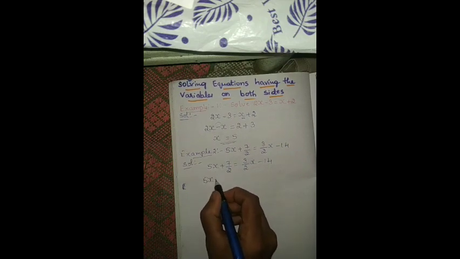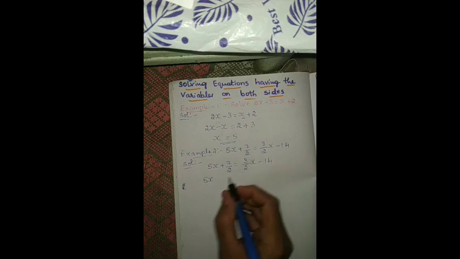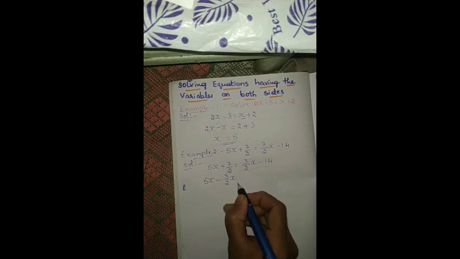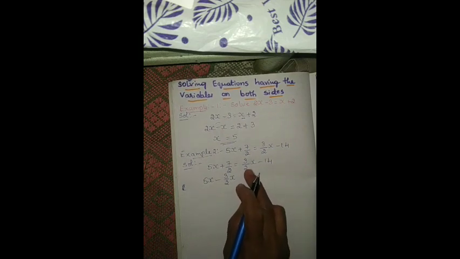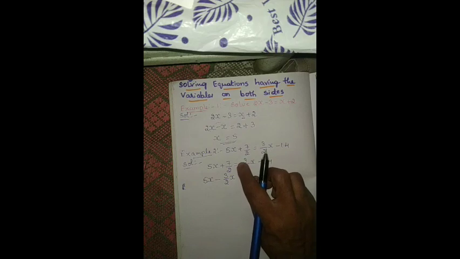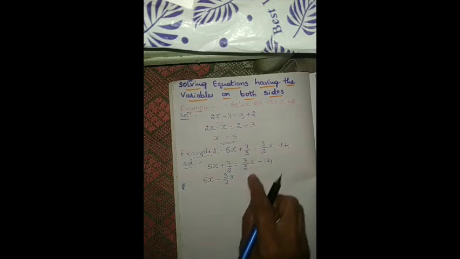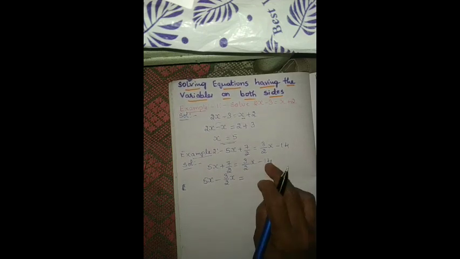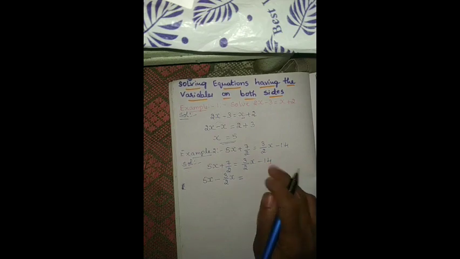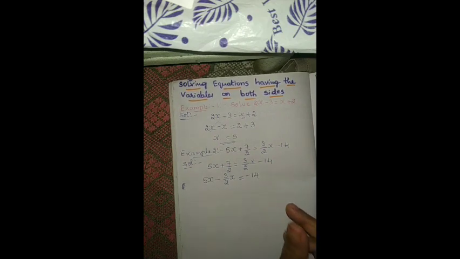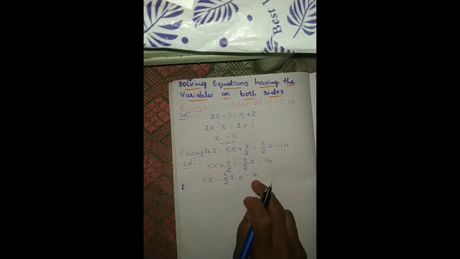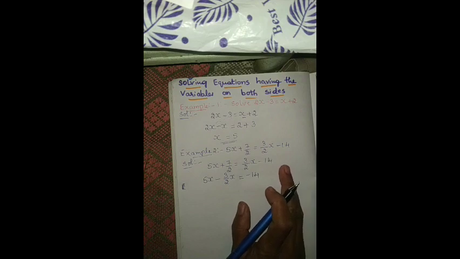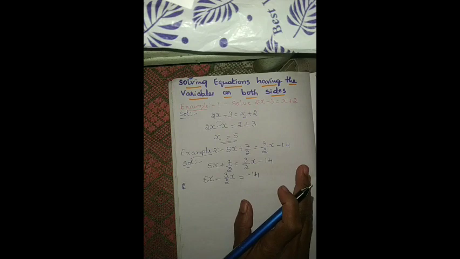5x as it is, I have to write. Here 3 by 2x is there, no? We have to take this to left hand side. So, its sign changes, 3 by 2x. Correct? It was plus 3 by 2x. Please note, children, here its sign is plus, nothing is there means its sign is plus. While bringing to LHS, left hand side, its sign changes: minus 3 by 2x is equal to, and then what is present on the right hand side? Minus 14 already there. No sign change. Please note, children, minus 14 as it is because it is on the right hand side itself. No transfer of terms there, so its sign does not change at all.